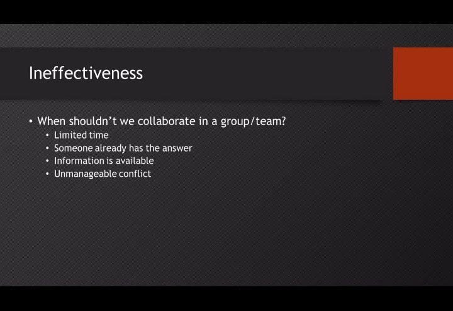So we do oftentimes talk about how groups are really beneficial for achieving task goals, for creativity, for problem solving, but sometimes there's situations in which groups can be ineffective. So it's important to also understand when group or team collaboration is not the ideal way to go in a situation. Here are a couple of reasons your book lists. One is if there's limited time. So if a decision has to be made really quickly and there's not a lot of time for multiple people in a group to discuss it, then it's better for a group to not be created and just have one